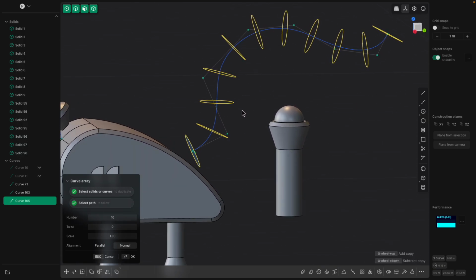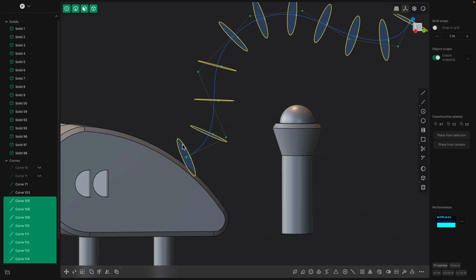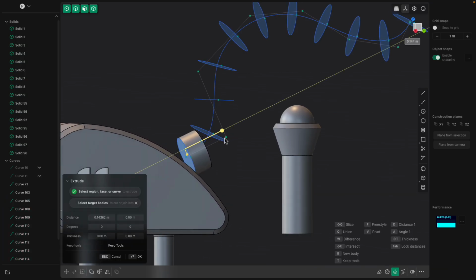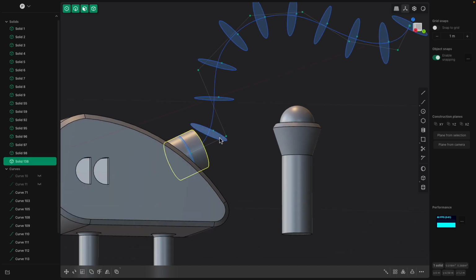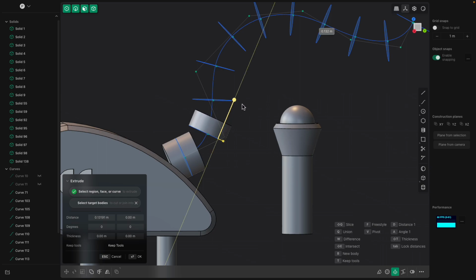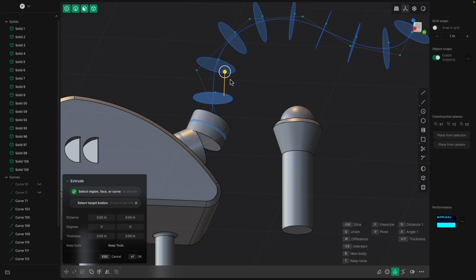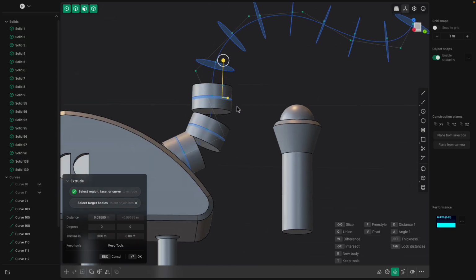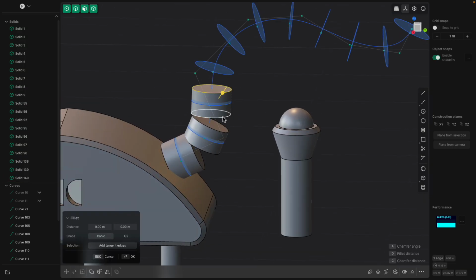We can do it this way and try to do that using tab. I wish there's a way to just